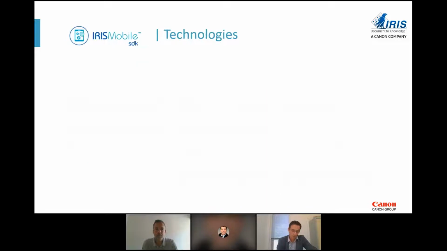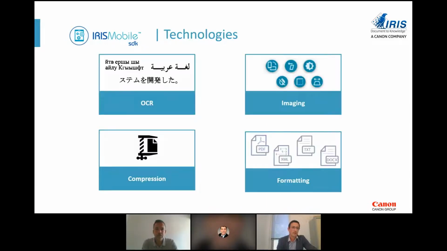Now let's move to the Aris Mobile SDK, which basically is the same as the Aris OCR SDK. And it's important here, it's the same code. So whenever you have integrated the Aris OCR SDK in one of your platforms, Linux or Windows, it's the same API for the mobile device. Except, you see here, there are two modules missing: the ICR and the barcode module that we haven't ported.